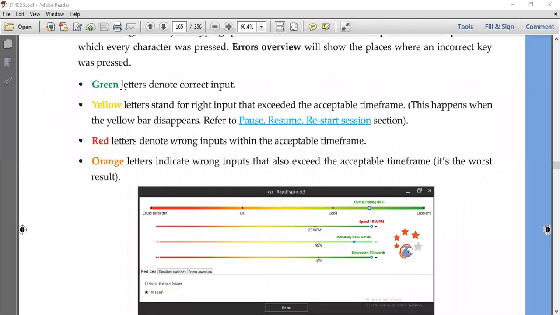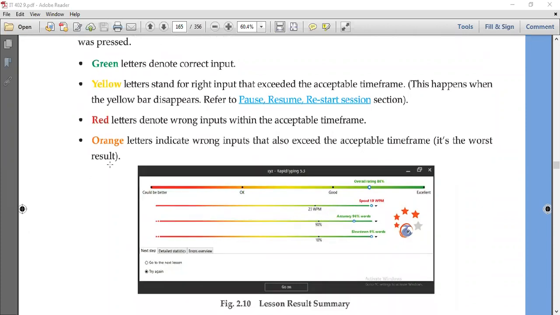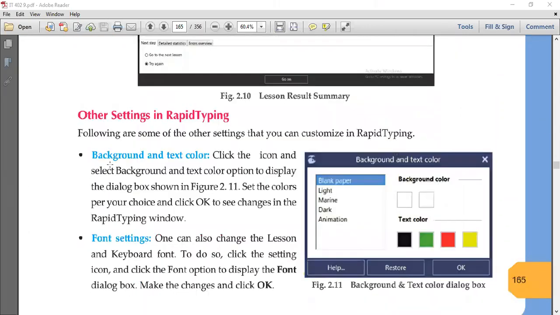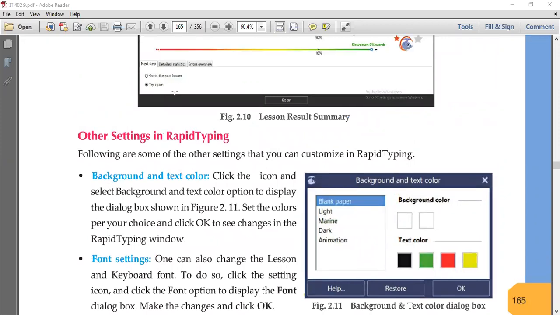ग्रीन का मतलब एवरीथिंग इज ओके, येलो का मतलब आपने लेटर्स तो सही प्रेस किए बट आपका जो टाइम स्लॉट था जैसे 10 सेकेंड्स का टाइम था तो 10 सेकेंड से ज़्यादा टाइम ले लिया. रेड का मतलब है आपने गलत रॉन्ग इनपुट दिया है, गलत लेटर प्रेस किया है. ऑरेंज मतलब कि आपका इनपुट भी रॉन्ग है और आपका टाइम भी एक्सीड हो गया, राइट? सो दिस विल बी योर, this will be shown in the error overview,